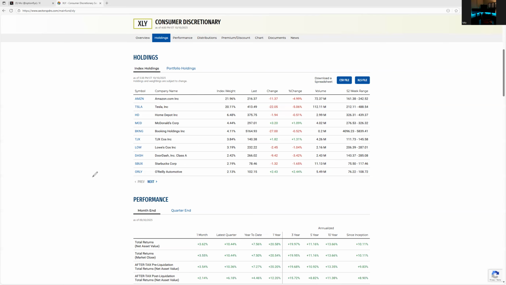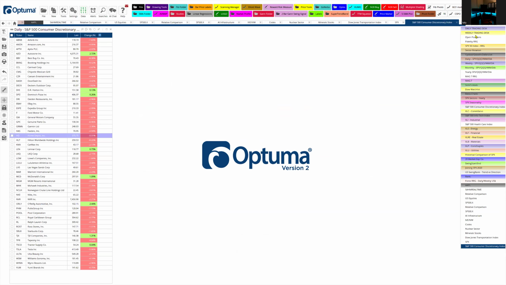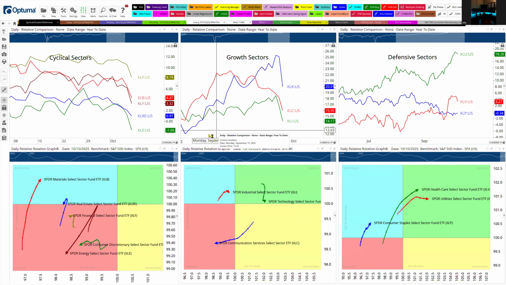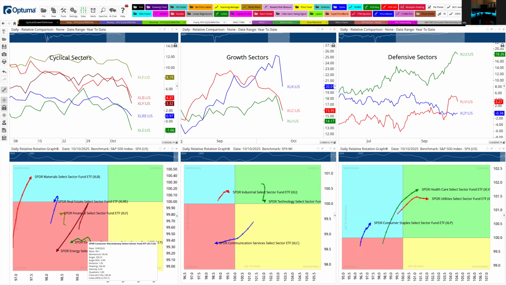So I'm always watching sectors. You always have to watch those. That's why we track rotation. That's why we have this. So what do we see here? You see XLY right there. See how weak the rotation is? So the rotation is weak, right? So what is impacting this? A lot of names,